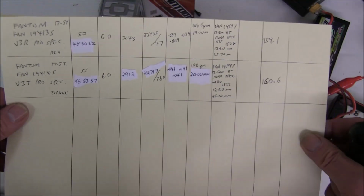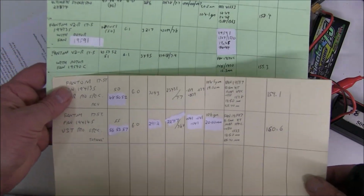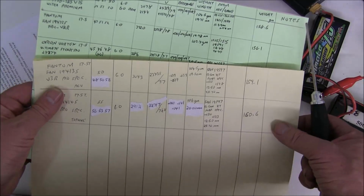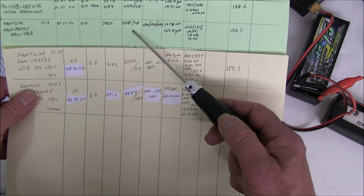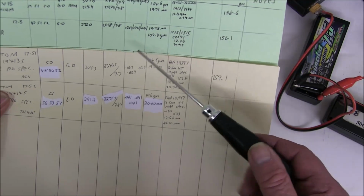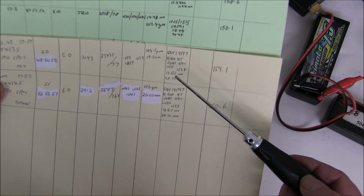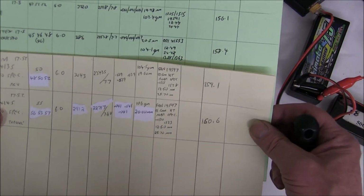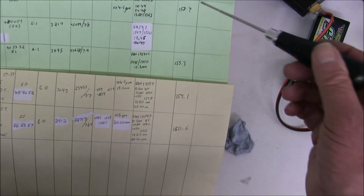So is this Fantom version 3 a big step up from Fantom version 2? They made lots of claims about everything being much better. I've got some results of when I tested the version 2, 17.5. I tried it with different rotors as well, but the rotor it came with, the V2 rotor, is higher revving. What was the strength of the rotor? The rotor was, again, the same, 1500, but the shorter one. So it looks like the length of the magnetic part of the rotor does actually bring the kV down, and hopefully gives you more torque, and you can gear it. You can notice the weight of the old Fantom was actually less, 156 grams, but the weight has gone